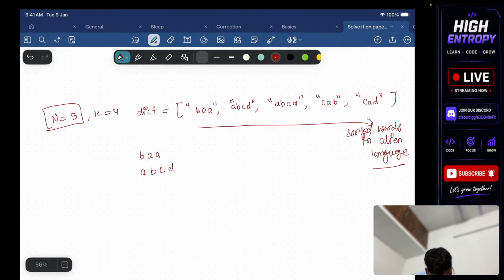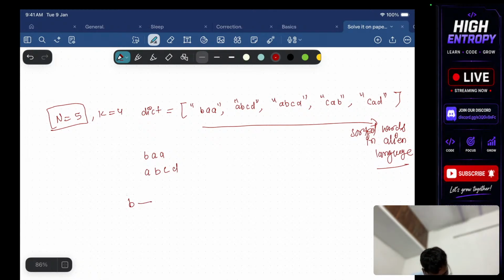That means B will come before A. If both are unequal, then yes, B is coming before A. That's the first thing. But if both are equal,